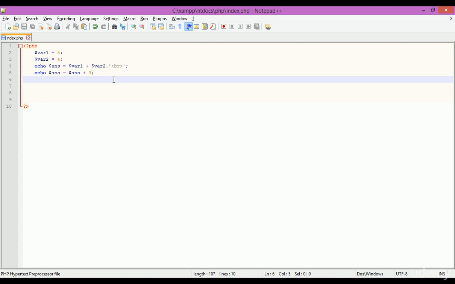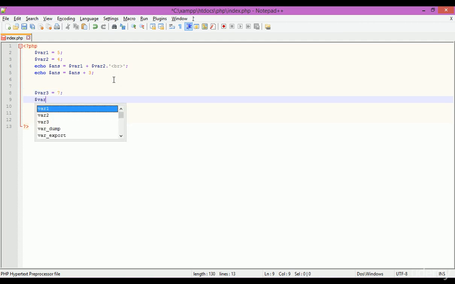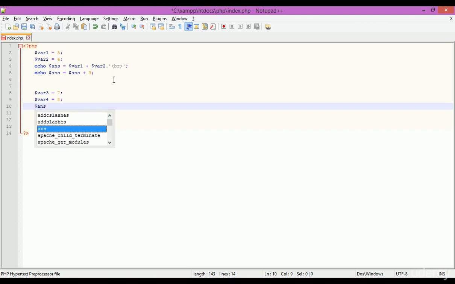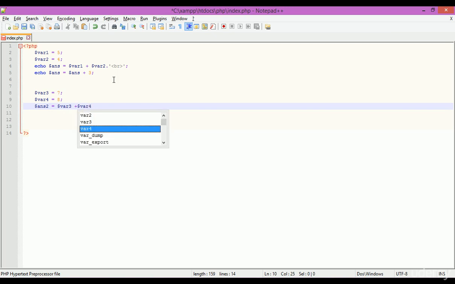is just simply use the assigning operator, type ans, or actually here I'm just using another method. Okay, I'm just typing var3 is equals to 7. Okay, the var4 is equals to 8. Okay, perfect. Here the ans2 is equals to var3 plus var4. So now var4, perfect. And then just type a semicolon here, just simply type echo, and then just press